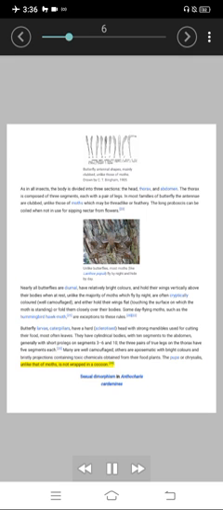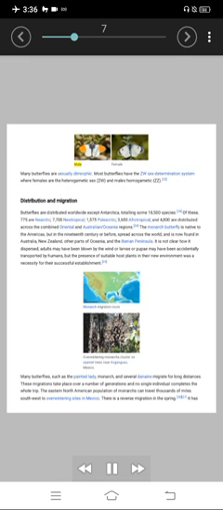Sexual dimorphism in Anthocharis cardamines. Male. Female. Many butterflies are sexually dimorphic. Most butterflies have the ZW